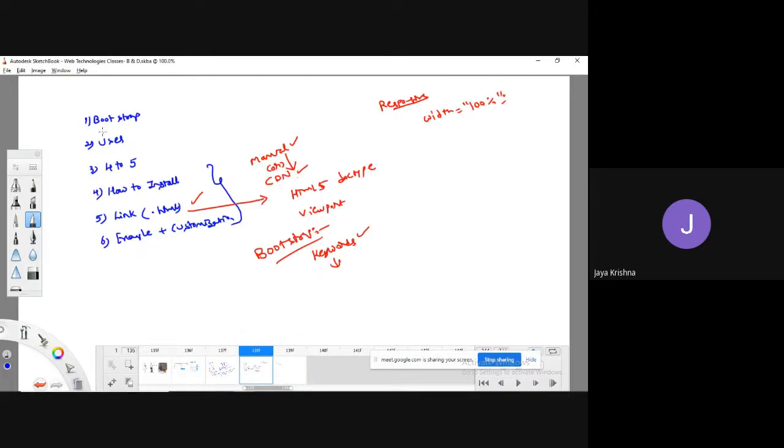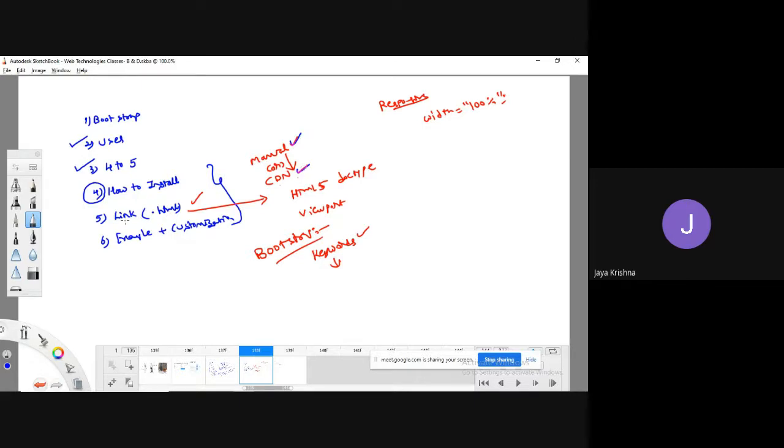Then we have seen the uses of Bootstrap programming, and the various new features added from version 4 to version 5. We also saw how to work with Bootstrap, meaning that if you would like to develop a website within less time, how to install Bootstrap. We can do it manually, or we can go with the CDN, or we can go with other options like npm, the node package manager.